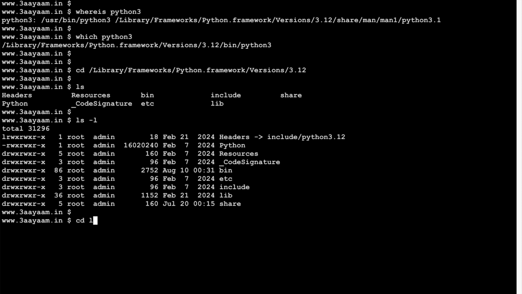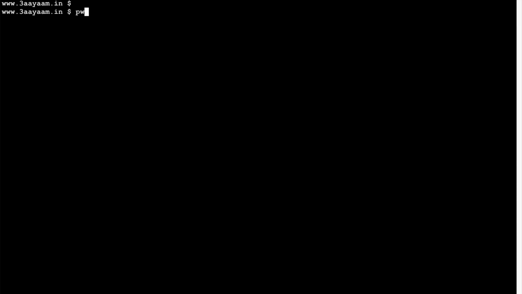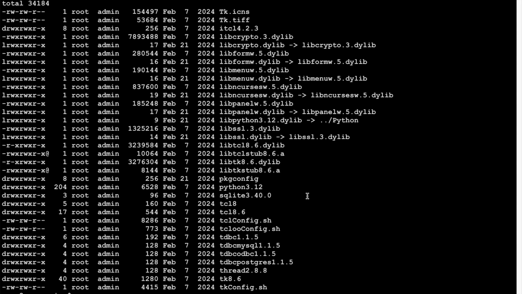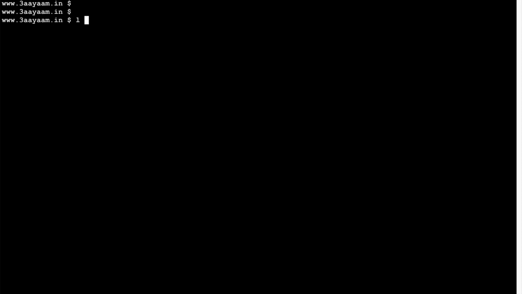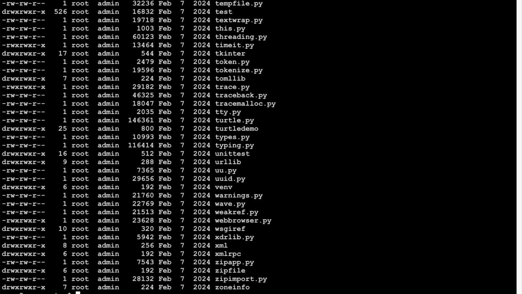Now what will I do? I'll go to lib because that's where all the libraries are stored. Now inside of this lib, if I do an ls -l, there are so many folders, but there's a specific folder named python3.12, which is basically the Python version that we are running. Now if I go inside of it, you'll find a lot of files, but we are not bothered about all the files.